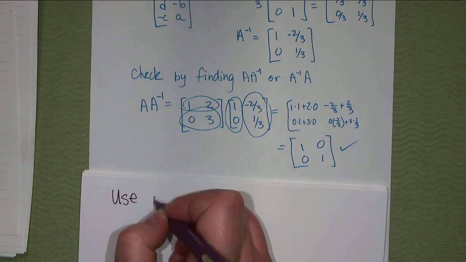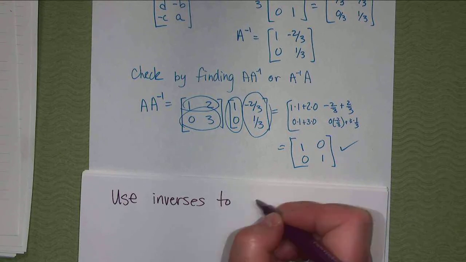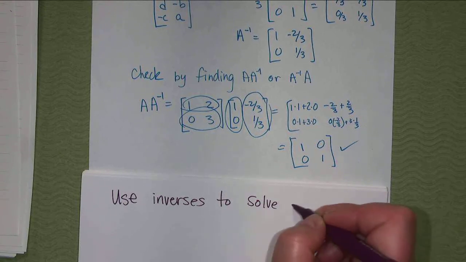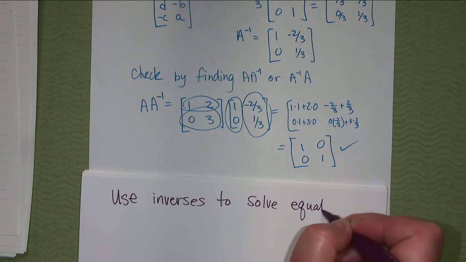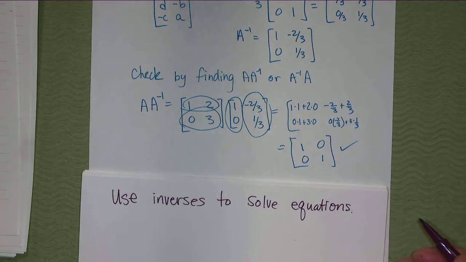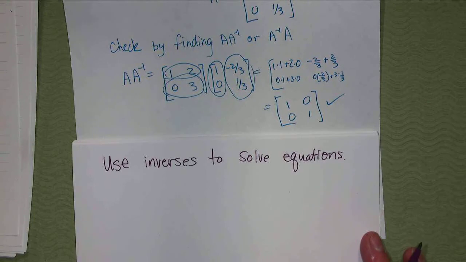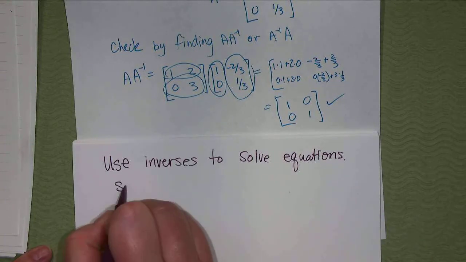Use inverses to solve equations. So this is more likely where you would actually use an inverse. It is an operation, but it's used for something. So we use inverses to solve equations. So for example, if I said solve for x,